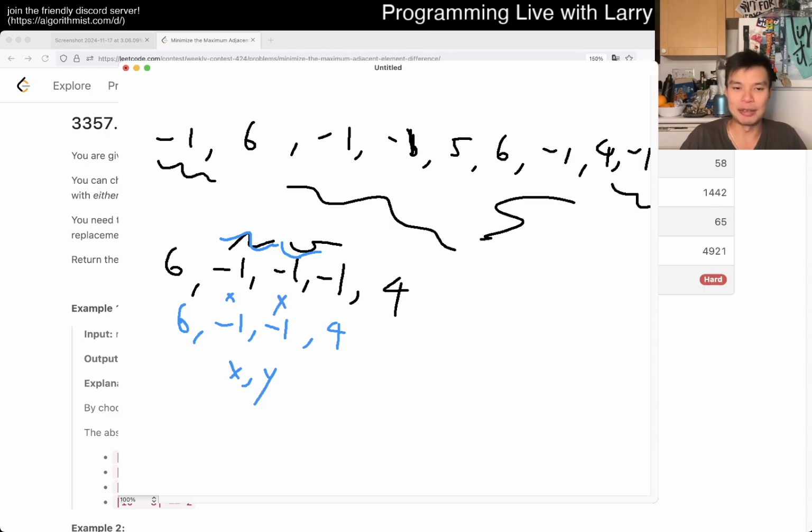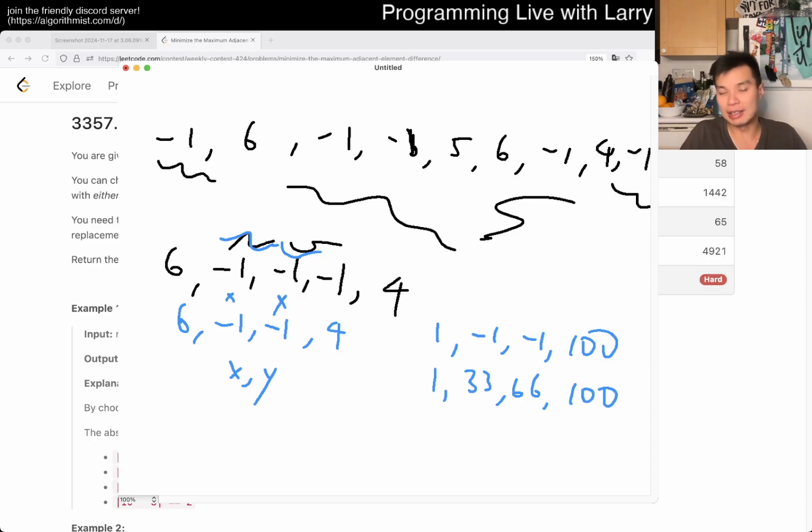Or something like this. If you want a concrete example, let's say you have 1, -1, -1, 100, then your answer could be 133, 66, 100, or something like that, right? And that could be a possible answer. The other possible answer, of course, is like 150, 50, 100, right? And of course, in this case, it may be that you had earlier on,